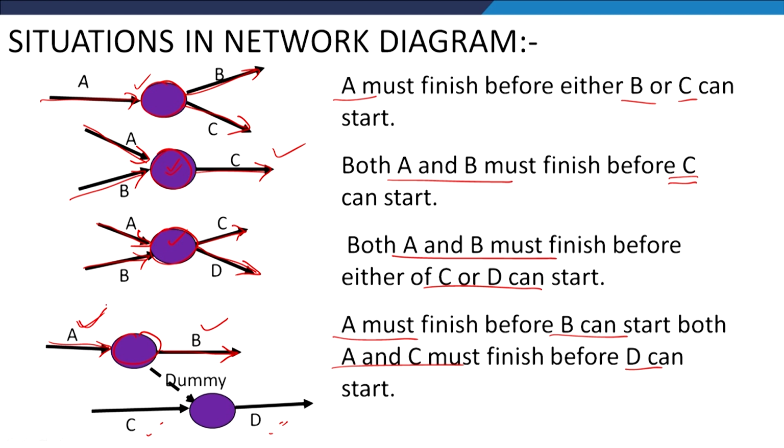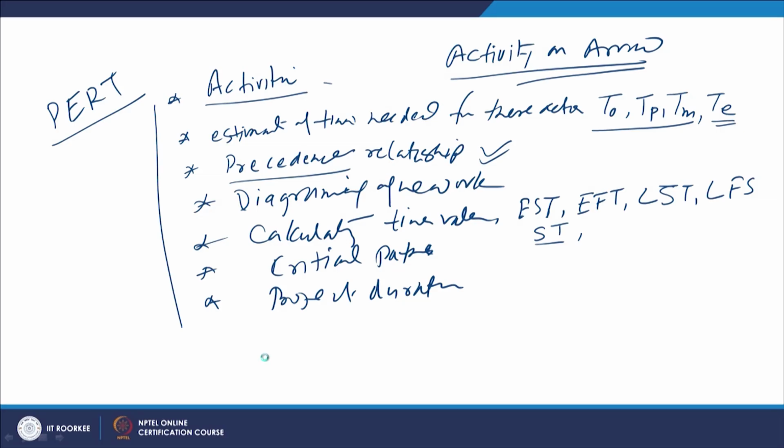So, the dependency of the start of activity D on C is shown by this simple schematic of the arrow and node, but to show the dependency of starting D on A, we need to use this dotted line, which indicates a dummy activity. This is primarily used to indicate the precedence relationship. It does not consume any time and resources.